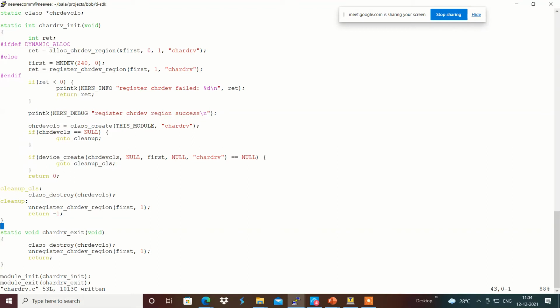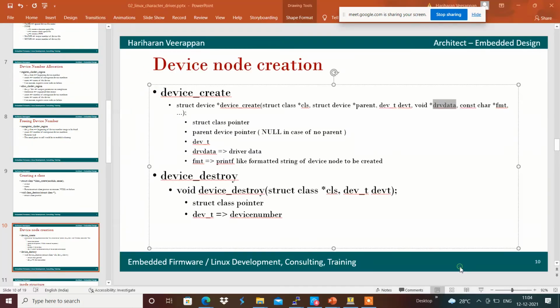And once the device_create was successful, then we can use the device_destroy function in order to clean up in the module exit accordingly.